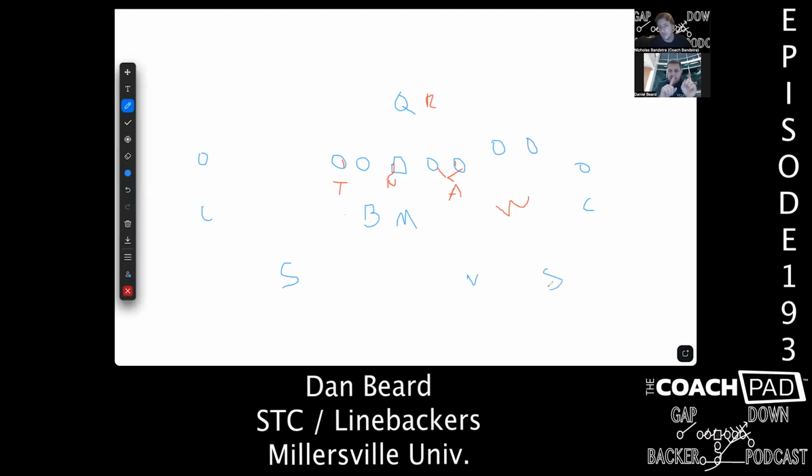Yep. And basically what we'll do with these two is we'll basically go put the Mike here in a 20, and then we'll put this guy in a 40 or a 50. So that way you've got even distribution that you can protect the box, but you still have numbers on the perimeter. If you're getting a 3-by-1, you still got 4 for 3. And the other thing you're eliminating is you're not totally putting this Mike in true conflict. Like, you're not asking him, hey, he's got to play 3 vertical, and then also, hey, play the inside zone scheme. So you're keeping this guy out of